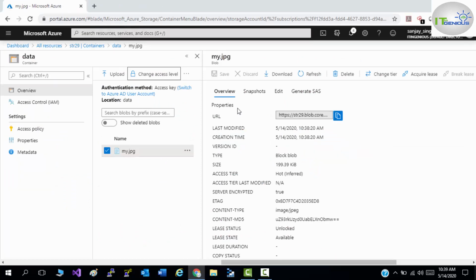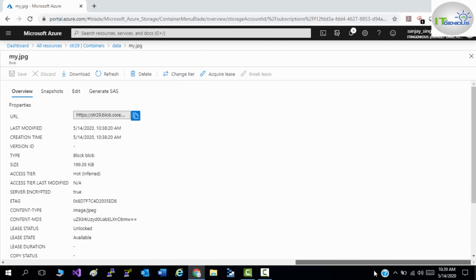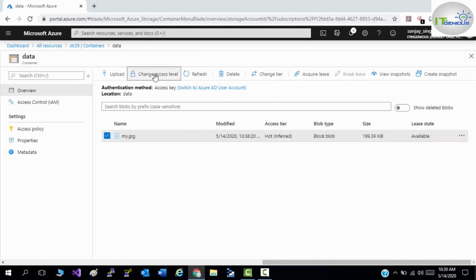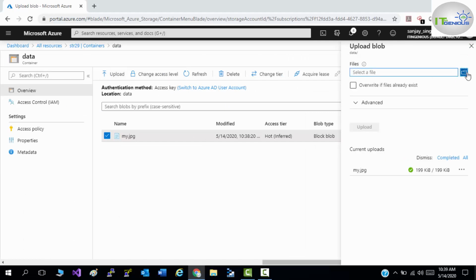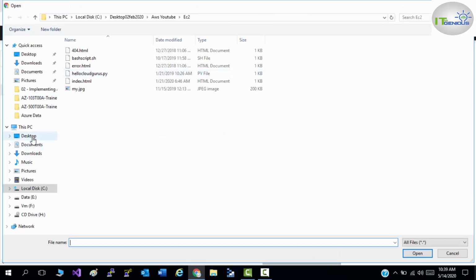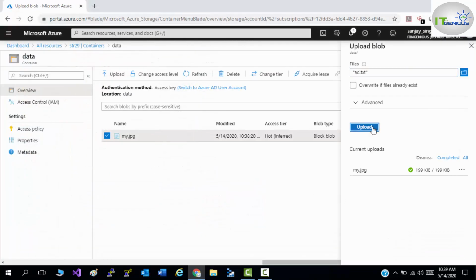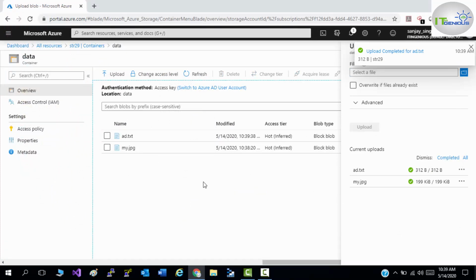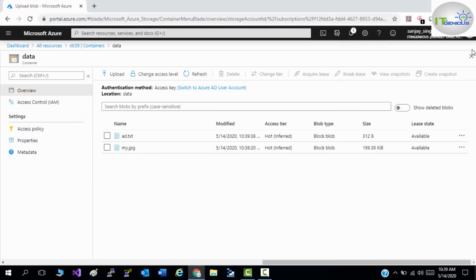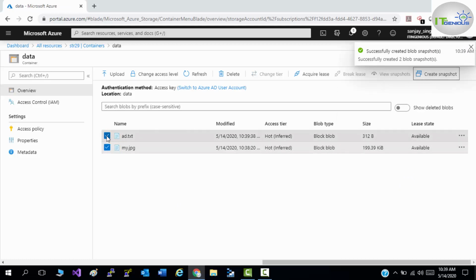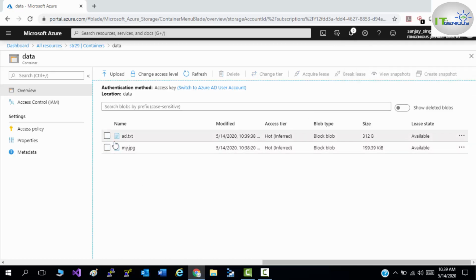What you can do, let me upload some file also. Let me upload a text file. We can create snapshots of our data so that we would be able to restore our files through a snapshot.